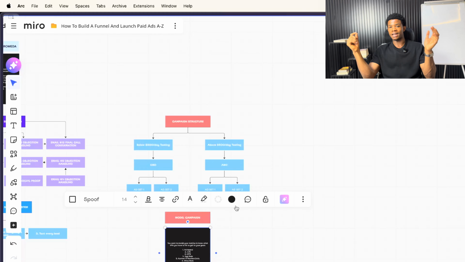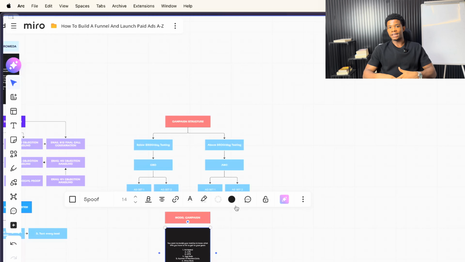Sometimes we may even test the lead event, very, very rarely though. Sometimes we test the submit application as well. So you can swap out these things. If you hit a ceiling where you can't really scale past, you can swap that out and you immediately start tapping into new people. And creative refresh also helps you tap into new audiences,